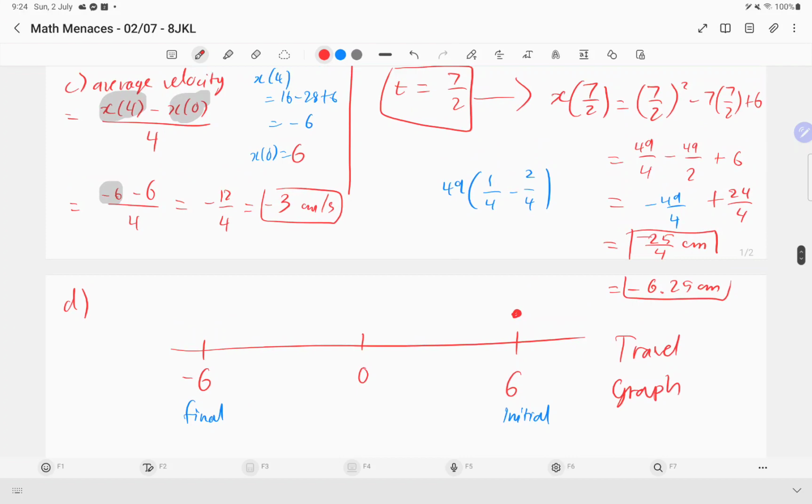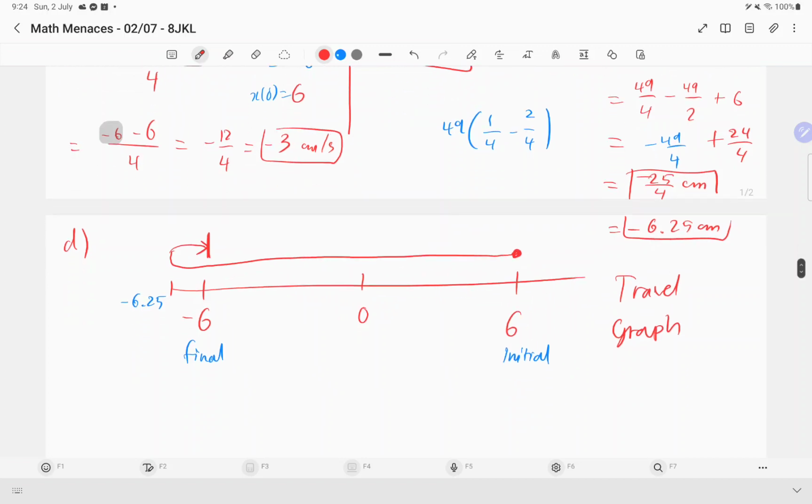So what's the turning point? It's negative 6.25, which is actually a little bit further away than negative 6. Right? So it actually went past negative 6, it turns around at negative 6.25, and then it ends at negative 6. Okay, so it starts at 6, goes to the left, goes past negative 6, and turns around at negative 6.25, and then it ends at negative 6, which means the total distance is 12 plus